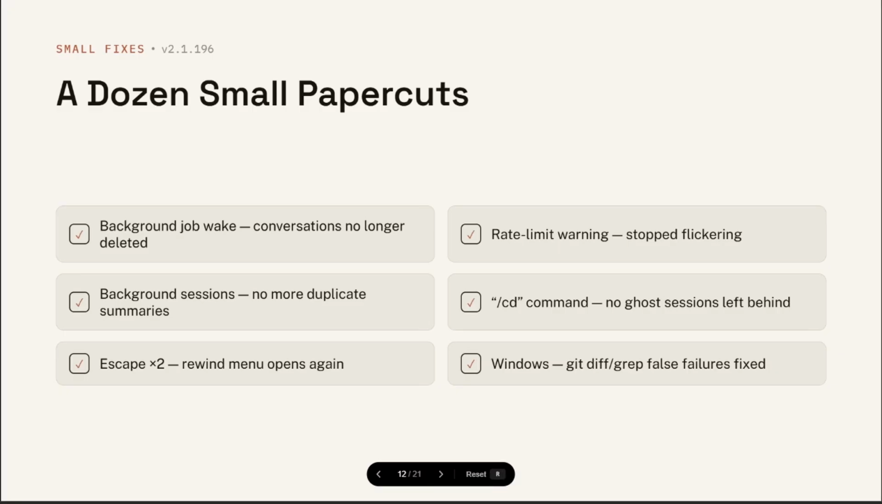When the tool misread a real transcript as corrupted, that file is now set aside instead of deleted. A rate limit warning was flickering on and off, and its telemetry was overcounting whenever several requests landed at once. Background sessions were printing duplicate summary lines after a rejected structured output retry. Moving a session to a new directory with the no acd command could leave a ghost copy in the old